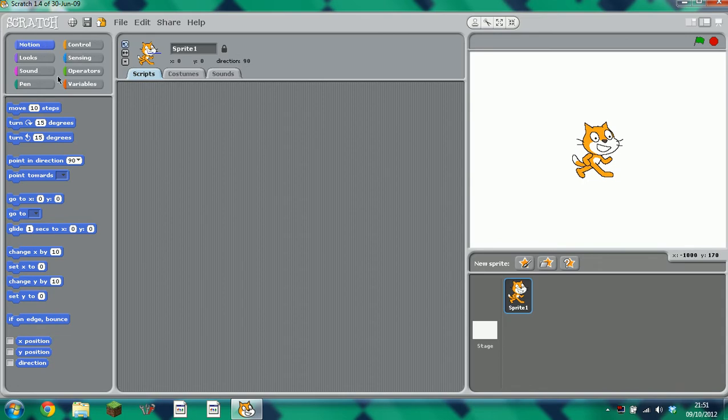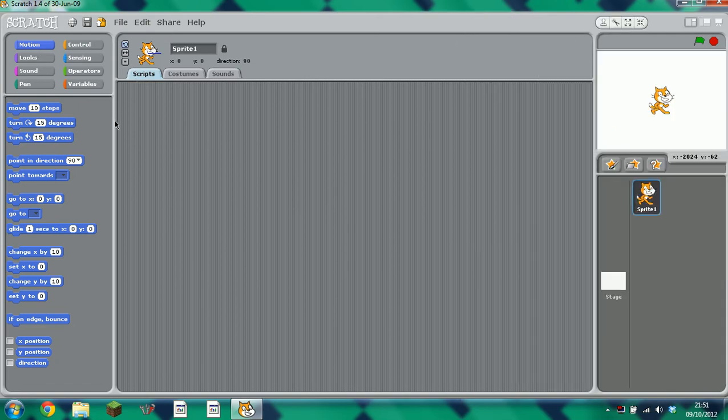Anyway, I'll take you through these little chunks here because this is the programming section, as they call it. There's a motion tab, and that deals with anything to do with movement, like moving, for example, and turning and pointing in random directions and pointing towards things, which you can control from in here, and it'll change, and then when you drag it out they will all be the same, unless of course if you reset the game. Go to, this means just go anywhere around this whole screen stage place here,